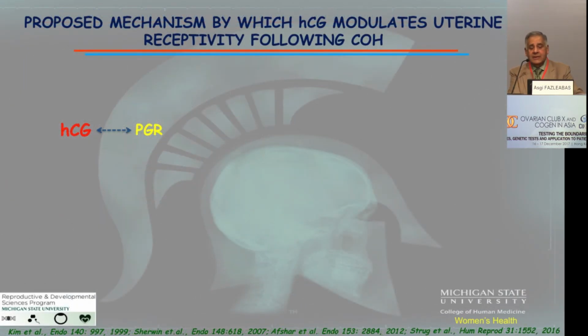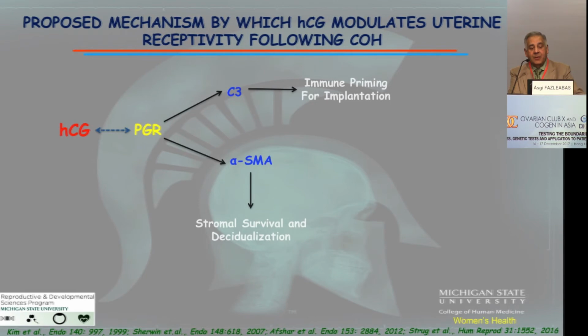So what we were able to see in our model with controlled ovarian hyperstimulation in women that were oocyte donors, so they were young women that were responding, is that there was a synergistic effect with HCG and progesterone receptor. And again, the ERK pathway does alter progesterone receptor expression, as we've shown and others have shown, to regulate the progesterone receptor. And in response to this, what we find is that the change in both complement 3 and alpha smooth muscle actin, which are important for the immune priming for implantation, as well as stromal survival, because if you disrupt that cytoskeleton, these cells undergo